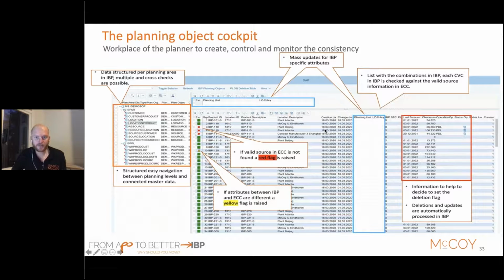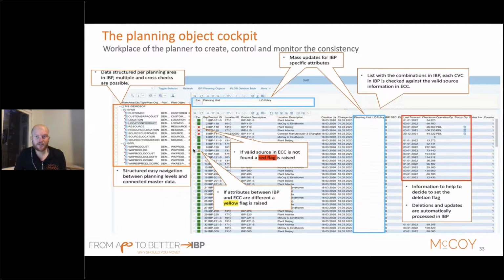In the middle section of the screen, as a user, you can work and you can really define your planning combination. A simple traffic light system will alert you if there is an issue. For example, there is a planning combination in IBP which does not have source information in your ECC system. An example here is that there is a new product on the location, but within your ECC, this product location does not exist. So you are planning with master data inconsistent compared to ECC. It could also be yellow, and yellow means that there's, for example, an attribute difference. So if the attributes, which are important for reporting and for navigation, are different between your IBP system and your source system, you will be alerted.